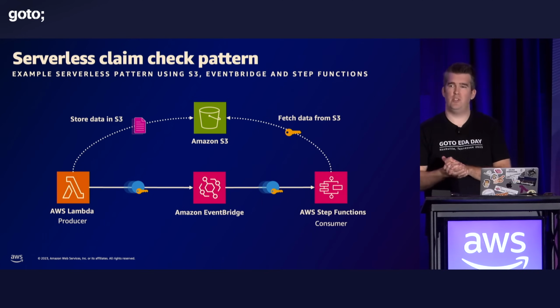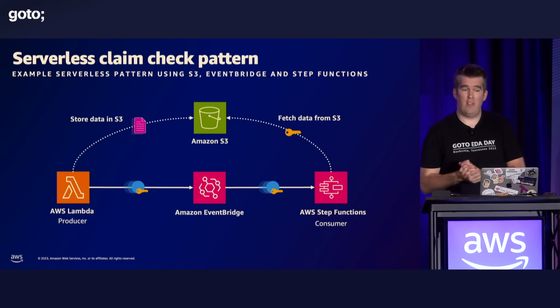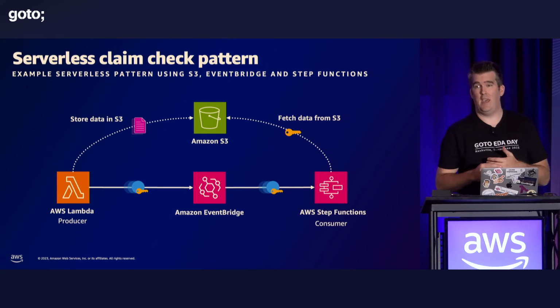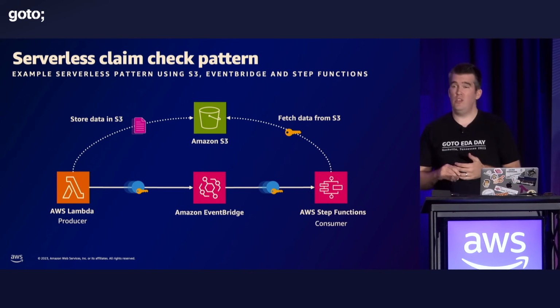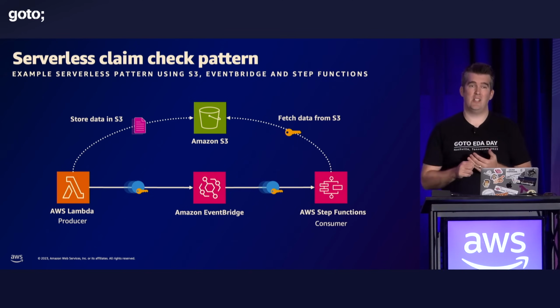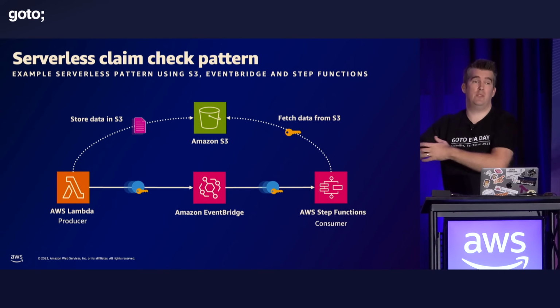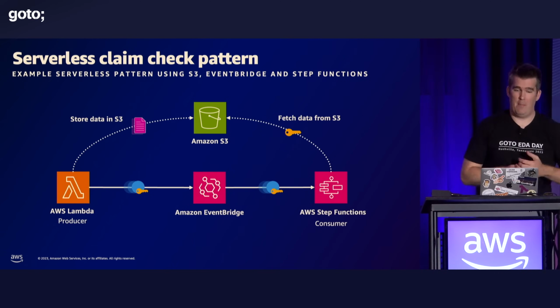Now, a serverless example would be something like this, where we have a Lambda function right on the left, the producer of the event. The first thing the Lambda function could do is store information inside of S3. Store the event in there, and we can even use something like a pre-signed URL with a TTL on it. So we can actually say, okay, here is the URL, here's access for downstream consumers. They have an hour, 2 hours, whatever that might be.